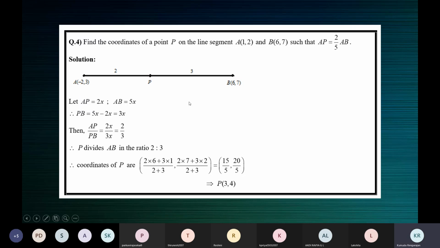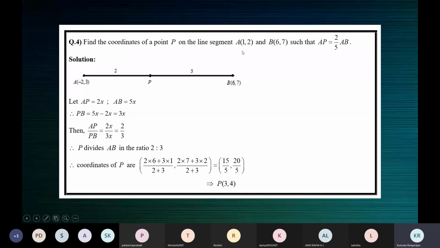What is m and what is n? What's the value of m? 2. What's the value of n? 3, ma'am. What is x1? Don't see that, children. I need to change this. I told you, I made a mistake in typing this here. What is x1? Look at this and tell me. 1, ma'am.